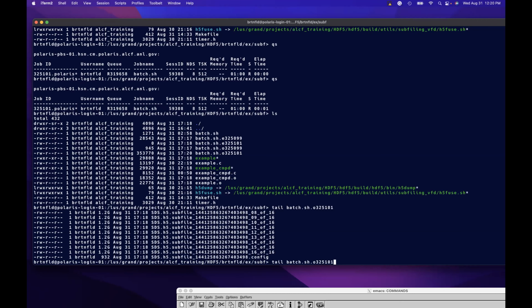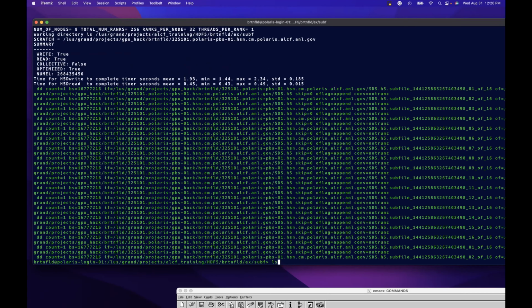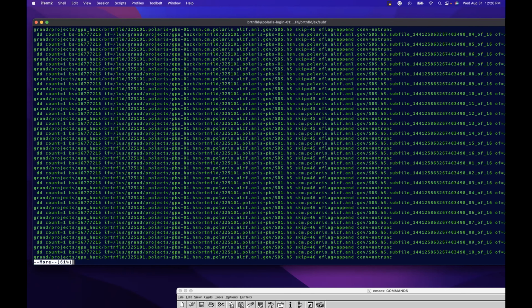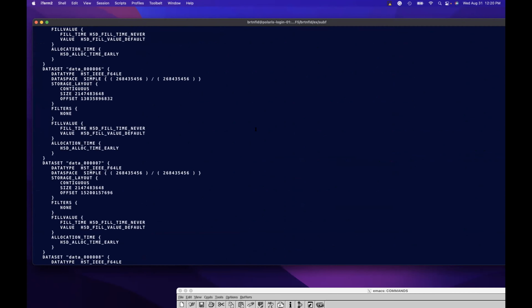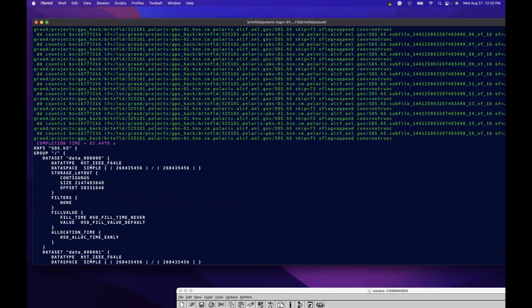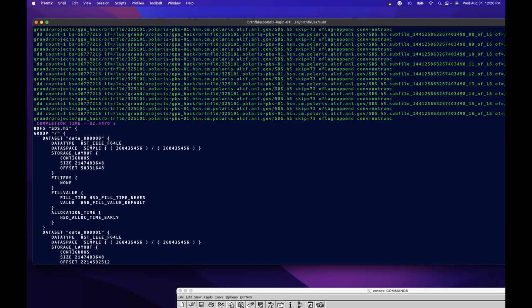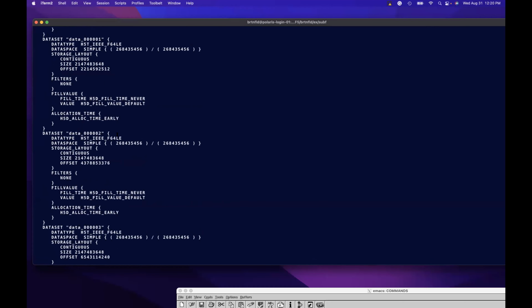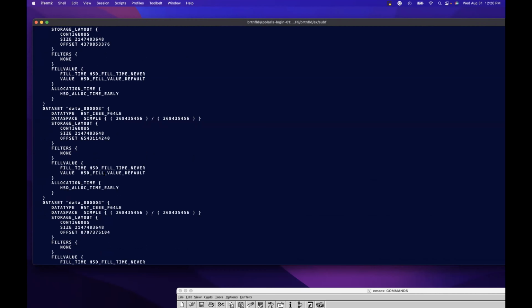Okay, it's all done. So it got done fusing the subfiles all together. It took almost a minute to do that, so it's a little slow. And I then used h5dump on the file that it produced,